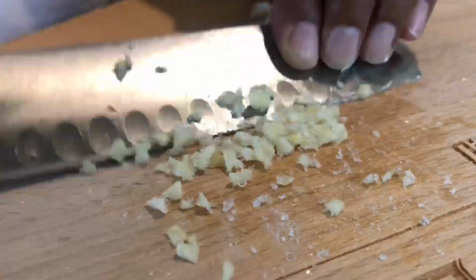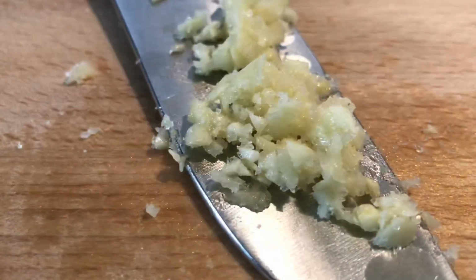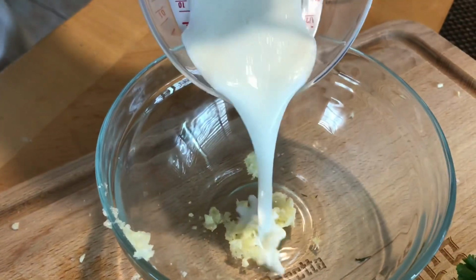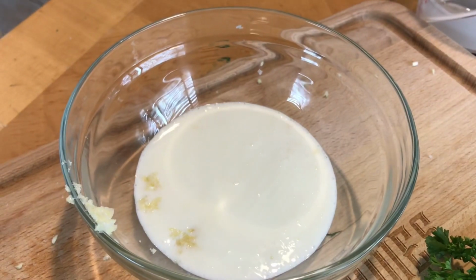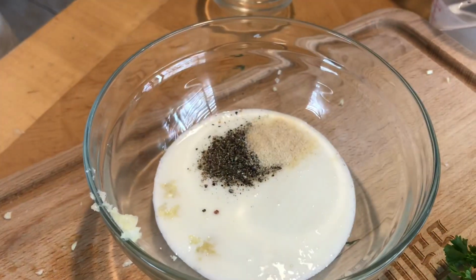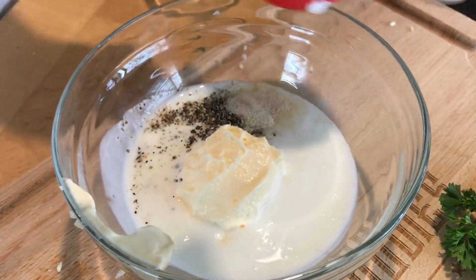And as you see, it's starting to turn into a little bit of a paste, and the salt's breaking it down. Scoop it up, add it to our bowl. Now we're just going to add in the rest of the ingredients. Buttermilk, cracked black pepper, onion powder, our mayo, sour cream,